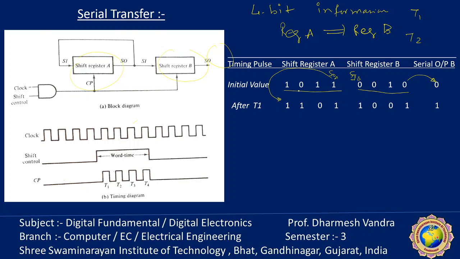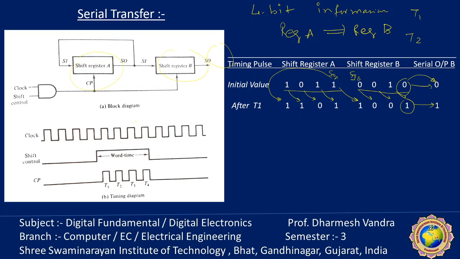Now the next 1-bit information, 0 1. This one is shifted to here as well as here because it's going in two directions. One is the feedback to the input of the register itself, and the second one is going to the input of register B. And 0 is shifted because both are shift right registers, and the output is whatever this one is. This is our output.